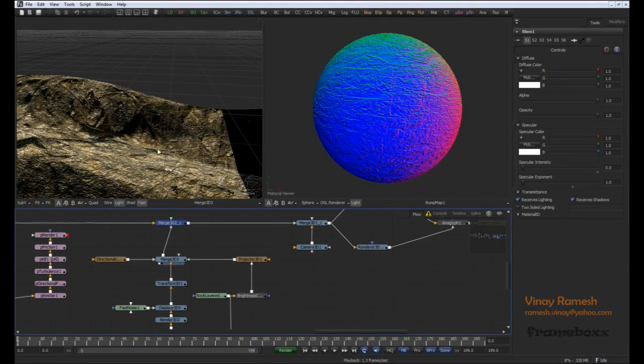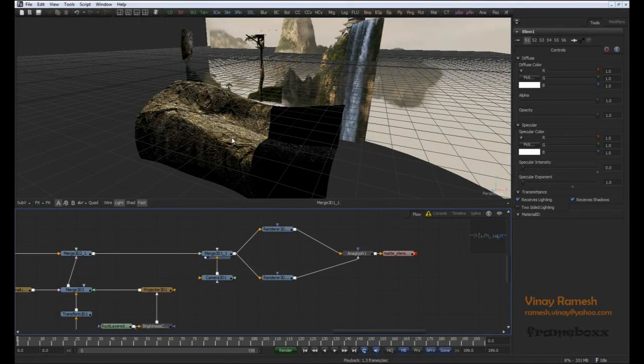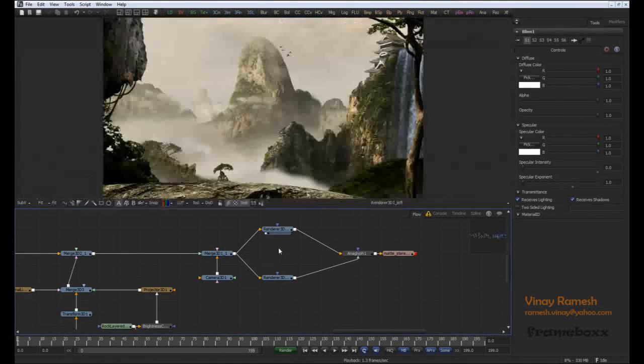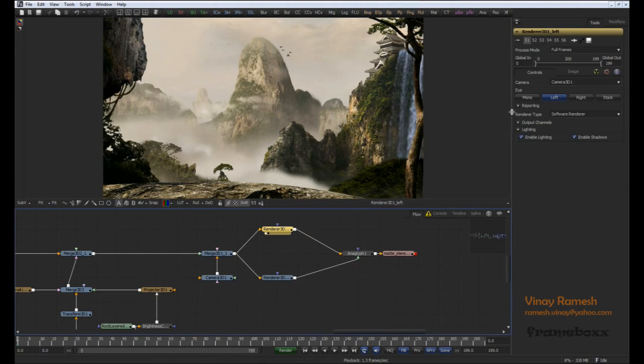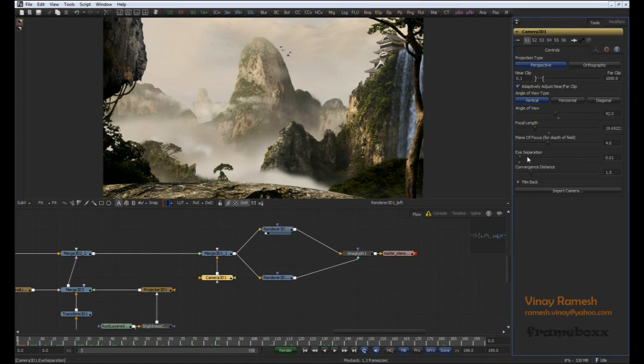So let's see the overall. I have it over here, everything merged, and we have the render. In your render you have to make sure that you have enabled lighting and shadows. I need two renders over here because to make it stereo, at the last I have a render which renders the left and one more render which renders the right, and the separation value is decided by the camera. Over here in the controls you have the eye separation value,